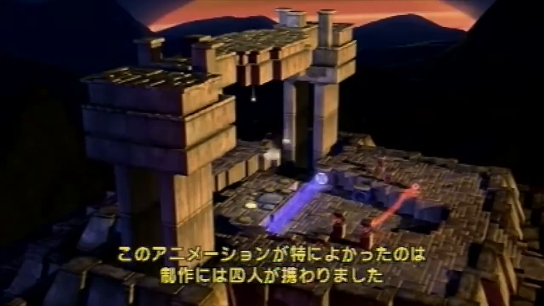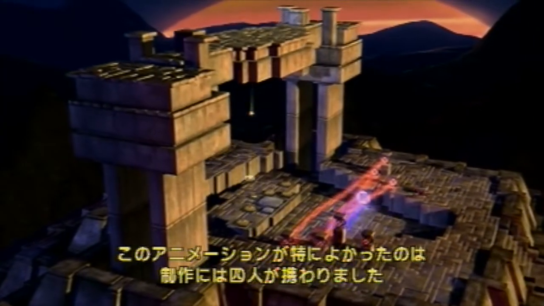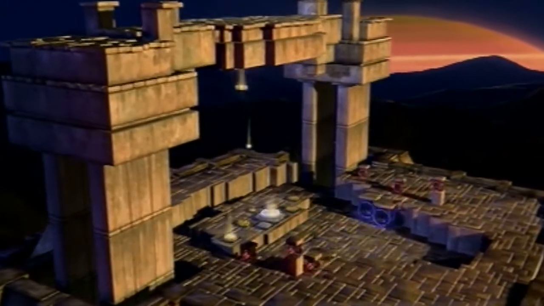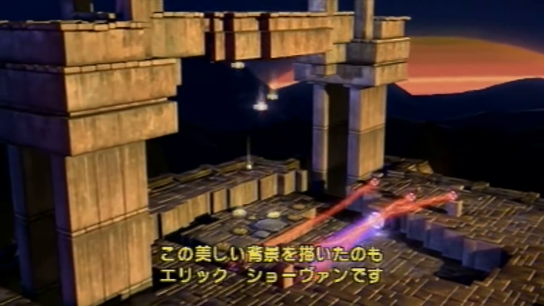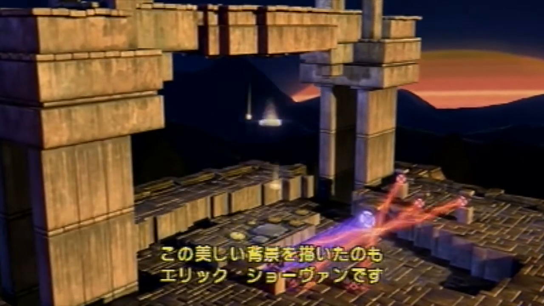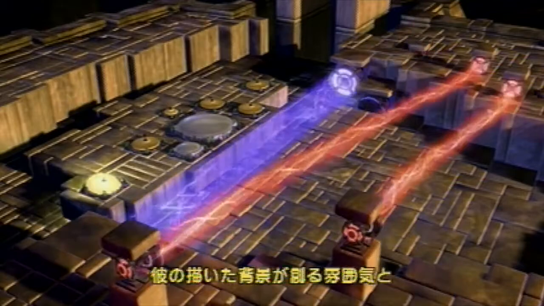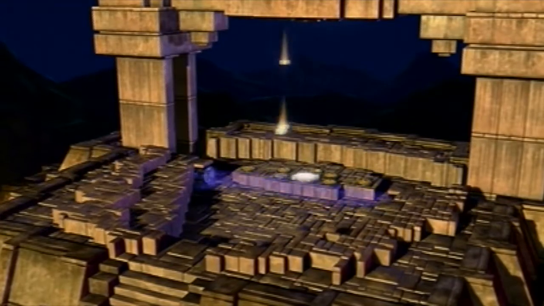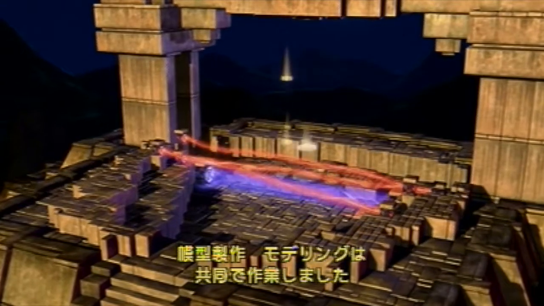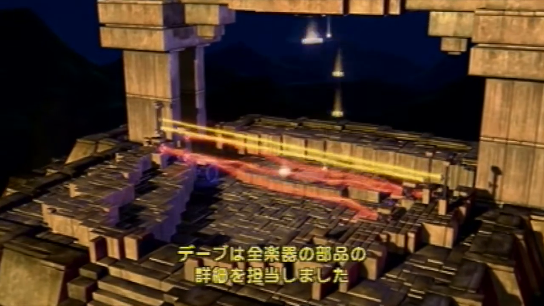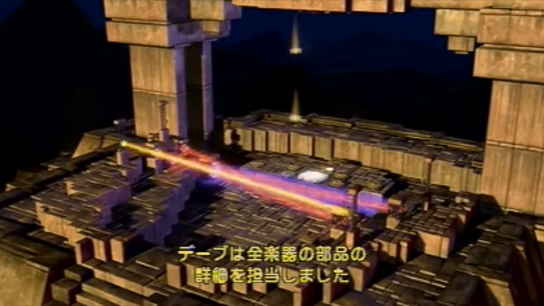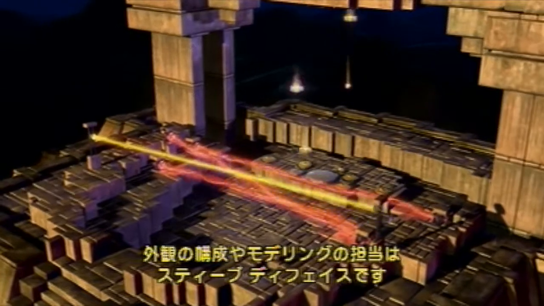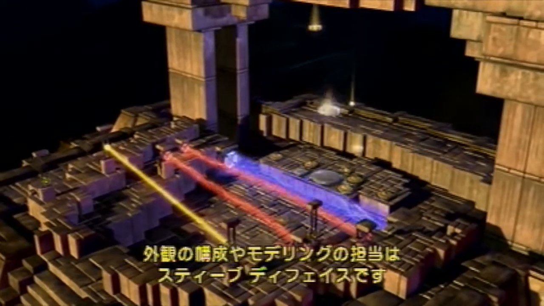Anyway, this animation is kind of cool in that this is the one that we actually had 4 different people involved in. The background was again done by Eric Chauvin, which is beautiful. I just love the mood that it creates and how it blends in with the models. And the modeling was a shared effort. Dave did, as always, the intricate details of all the instrument components and all that stuff. But the outer structure was modeled by Steve DeFace, which came out